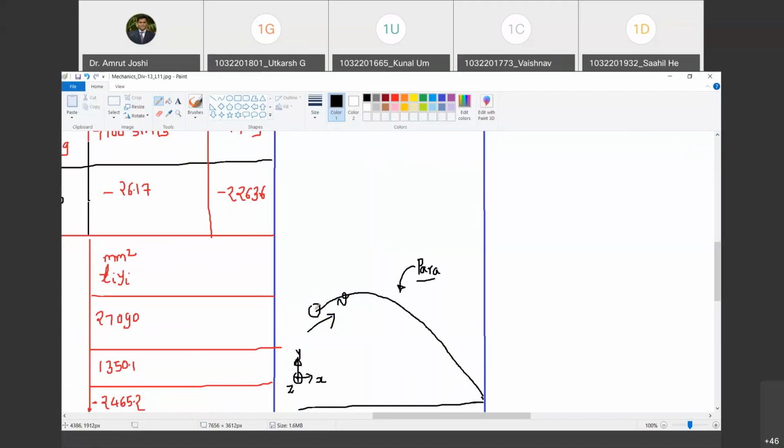It is not at rest. But what is its velocity? So if initial velocity is v with reference to horizontal at an angle theta, what is its x component? V cos theta. Yes. Do you agree with me? And if air resistance is neglected, the horizontal component of velocity will remain v cos theta. Do you agree with me?